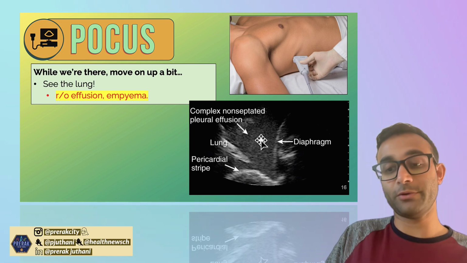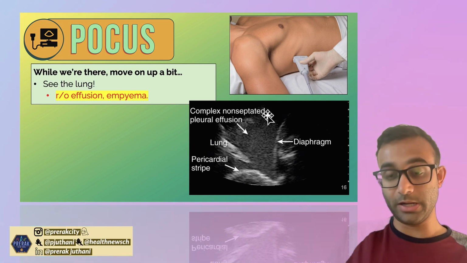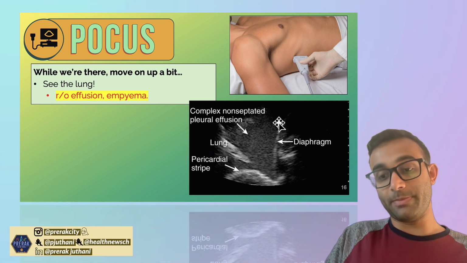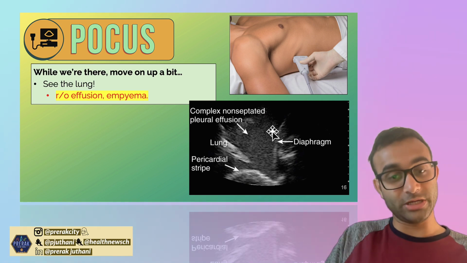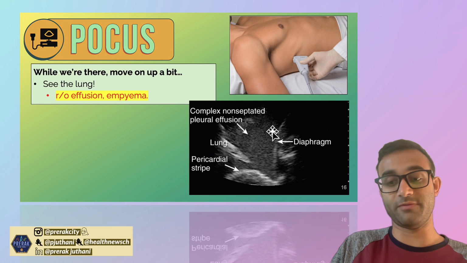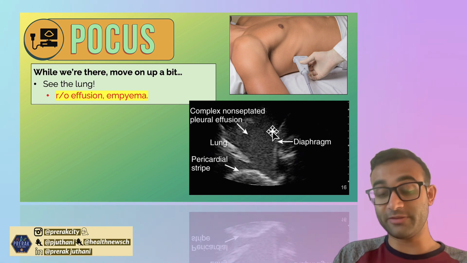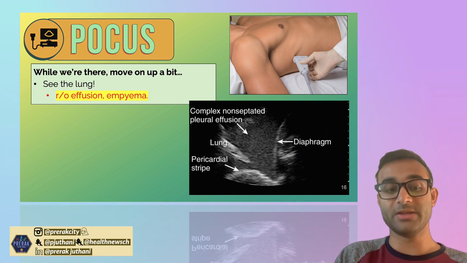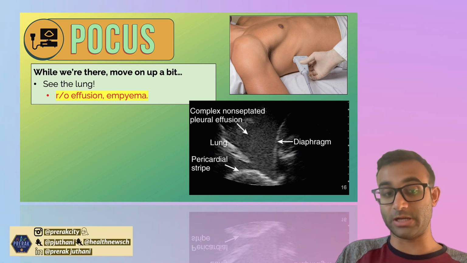Effusions are fluid, and fluid usually shows up as anechoic on ultrasound. And so above the diaphragm, if you see fluid, it's usually an empyema or it could be an effusion. To be able to differentiate between an empyema and an effusion is something that you're not expected to do. But at the very least, you can figure out, oh, okay, so that's an effusion. Below the diaphragm, if you see fluid, that's usually going to be ascites or maybe some blood, depending on the